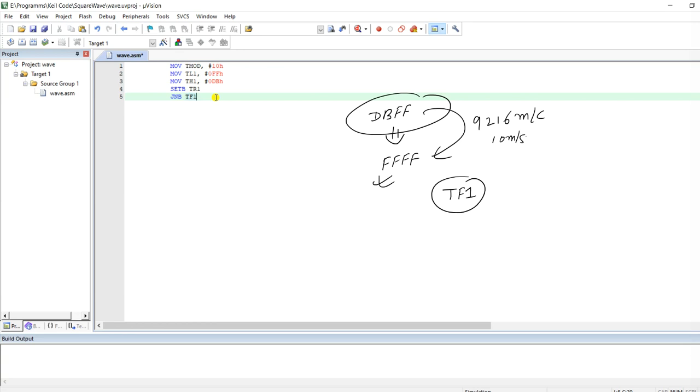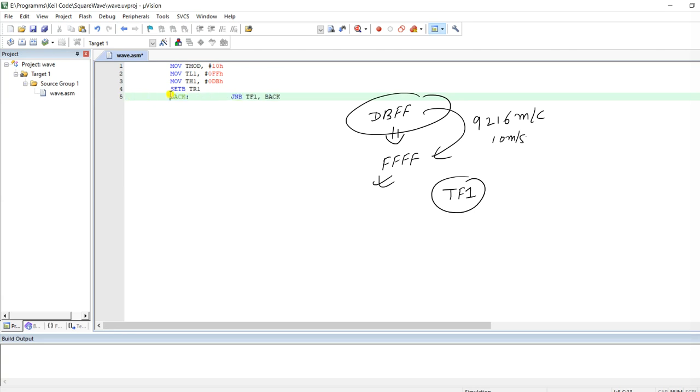If it becomes 1, then it is okay. If it is not 1, then we have to loop here only. So I will write a label here, because we have to loop here if it is not 1.